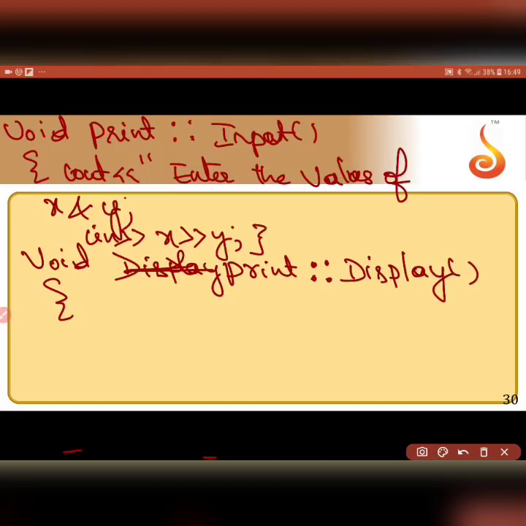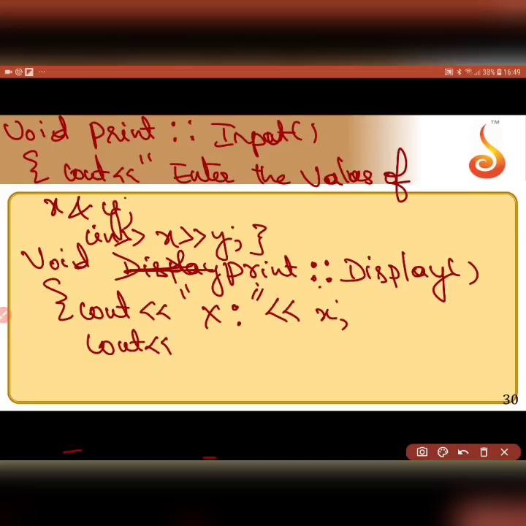So, the return type of the function is void, the name of the class it belongs to is print, then the scope resolution operator, and the name of the function is display. What am I going to do? Cout, I will say x, this will be printed as it is, and then I will output x. Cout endl. So, before the printing it will insert a new line, then I will say y, then the actual y value. This ends my function.